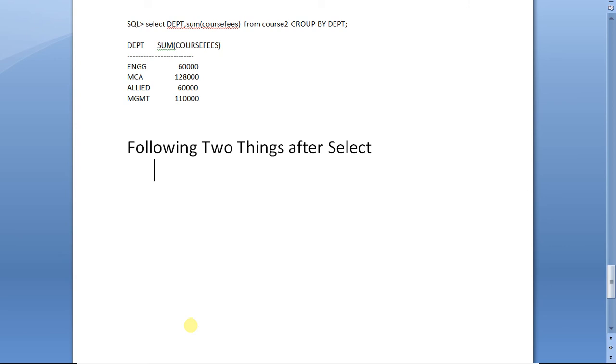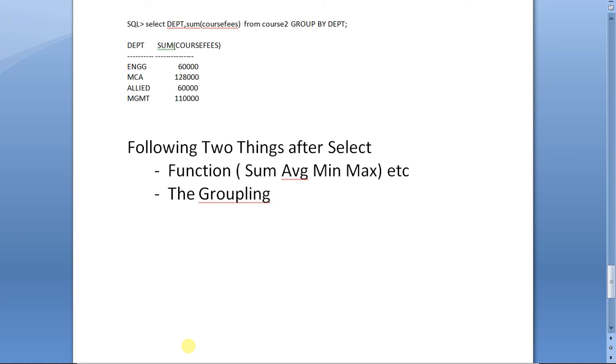Either a function, like sum, average, minimum, maximum, etc., and secondly, the grouping column.